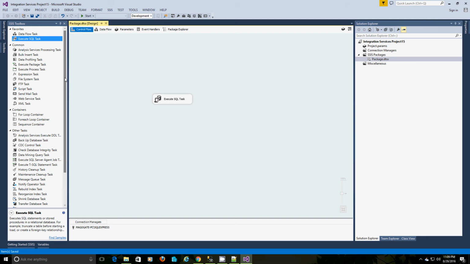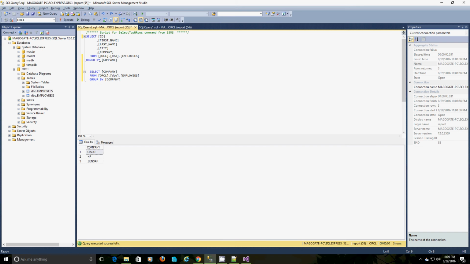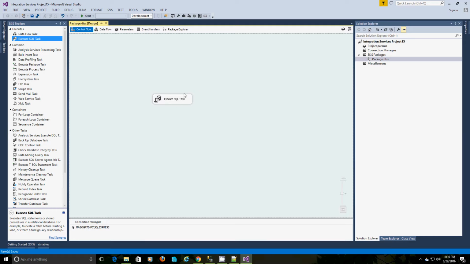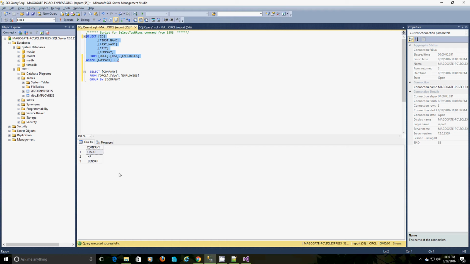Okay, now we have to execute another query based on the company names. This task will give us three different company values, and based on each value we have to execute another query.